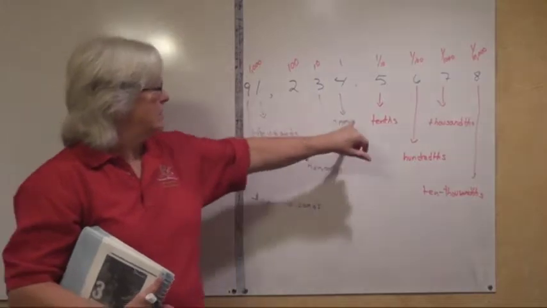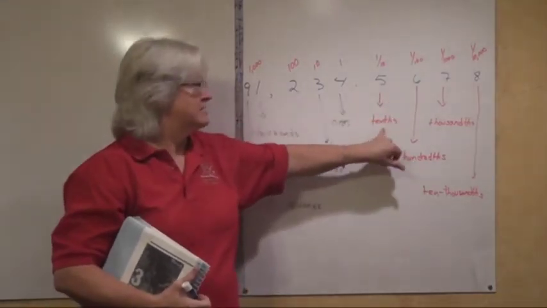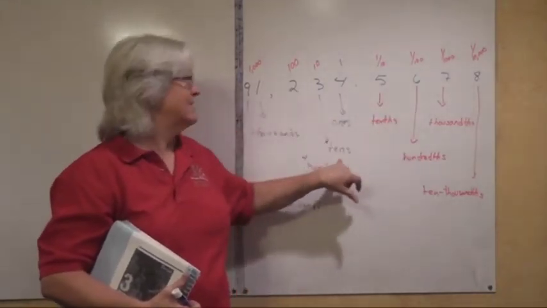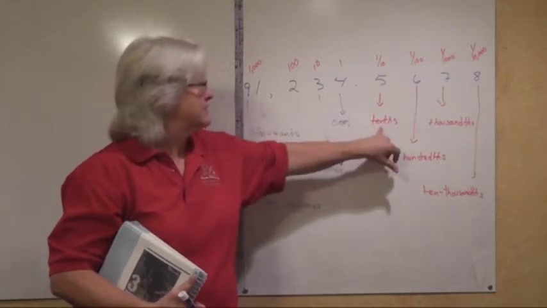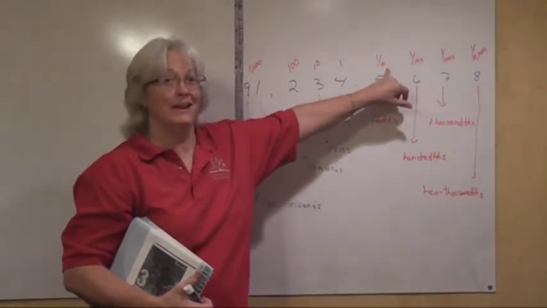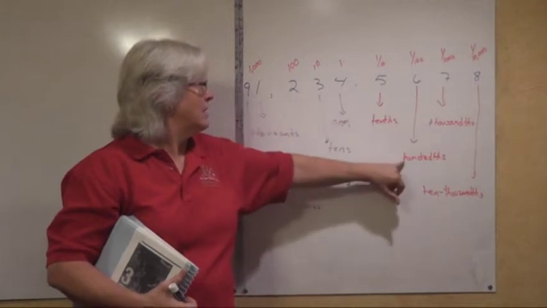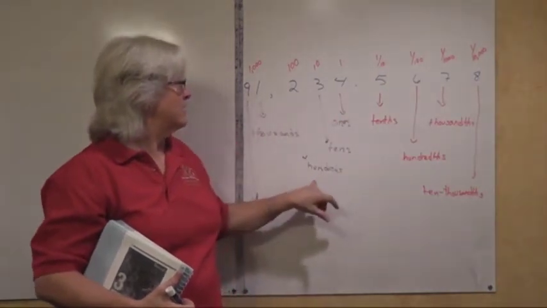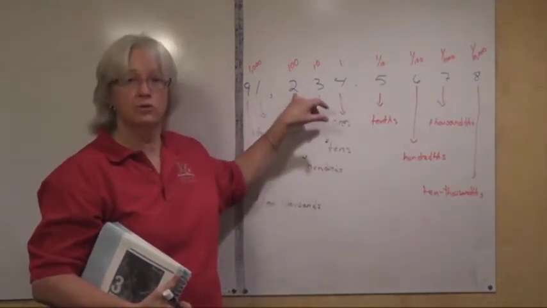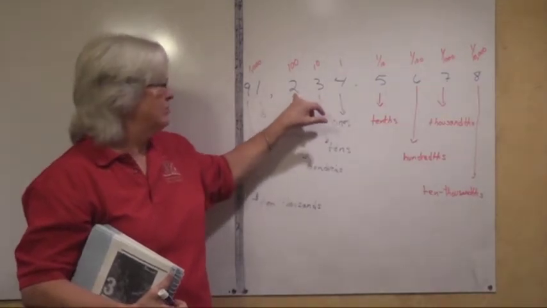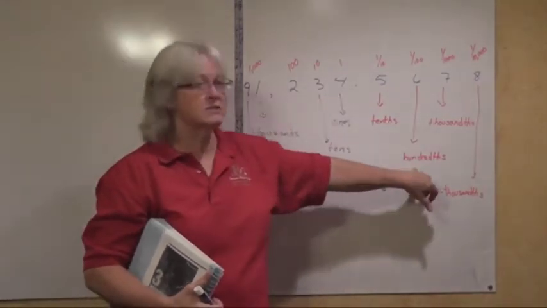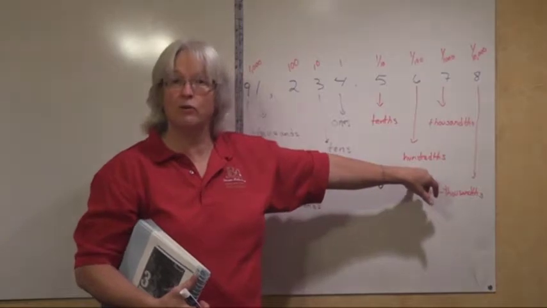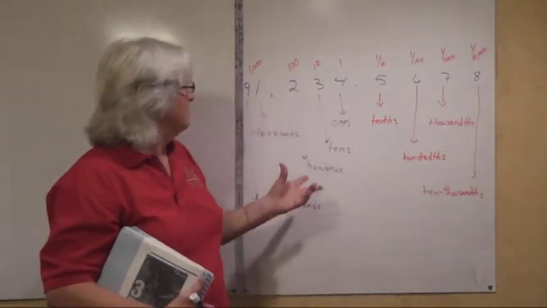Look over here though, the 5 is in the tenths place. Tens and tenths. This is 1/10. Hundredths as opposed to hundreds. This 2 has a value of 200. This has the value of 6 hundredths. To compare,